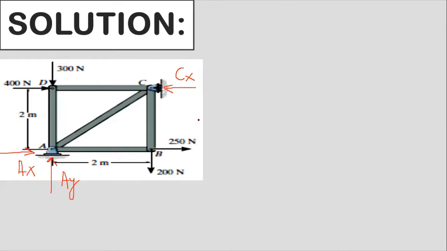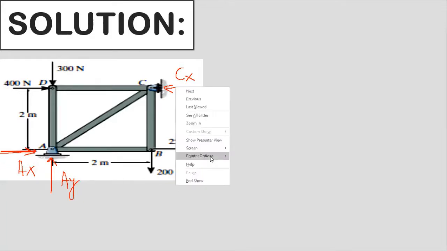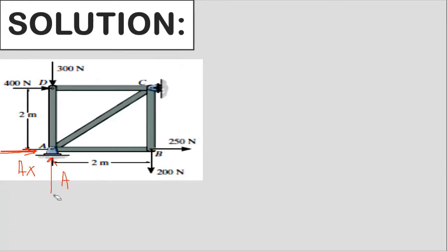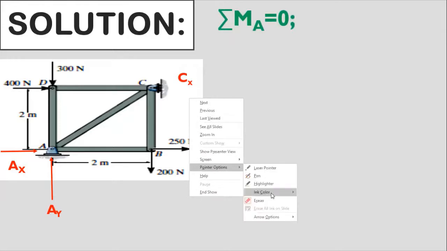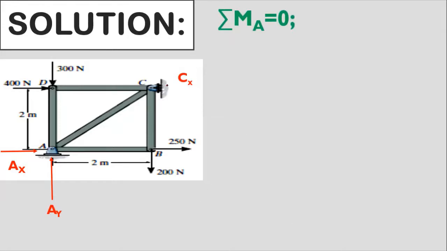So what can we do? Let me show you. Okay, let me remove these, because all the forces will come here itself, so it will be clearer to all of you. You can see this is AX, and I am taking the support reactions towards the supports. So this one is AY and this one is CX.